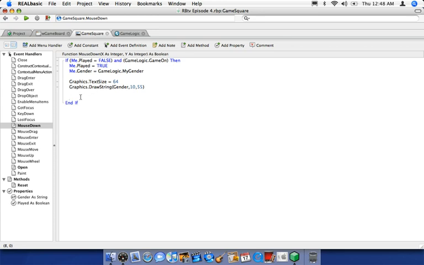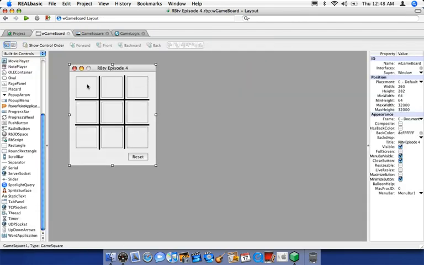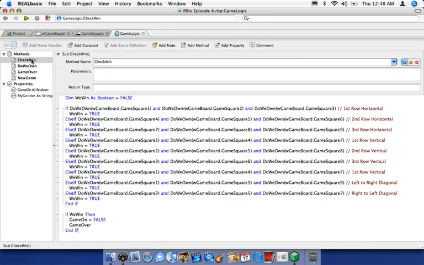And now the next thing we're going to want to do is, as soon as the user clicks that button, check if that newly activated button is a win, so if it actually activated a win. By doing that, we can simply call game logic dot check win, and again you can see how methods and modules come in handy. We can just call them from anywhere. So now whenever I click on, let's say, this square here, it'll run over to the game logic tab, go into check win,